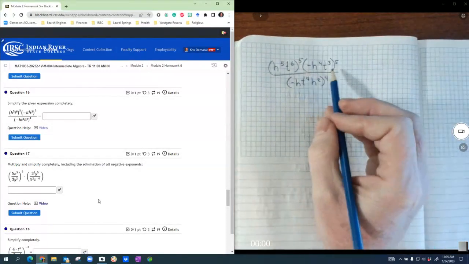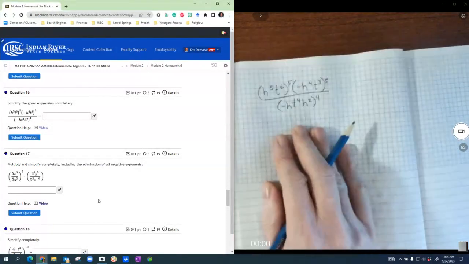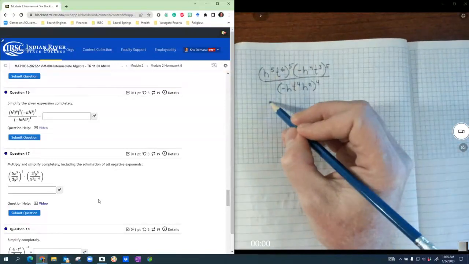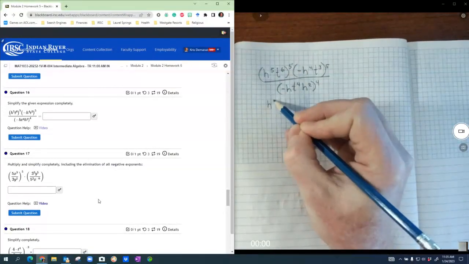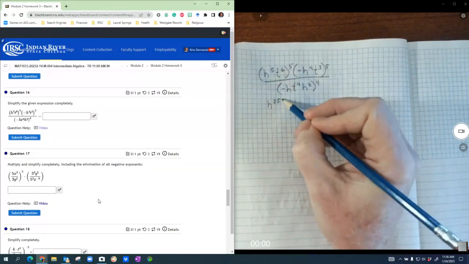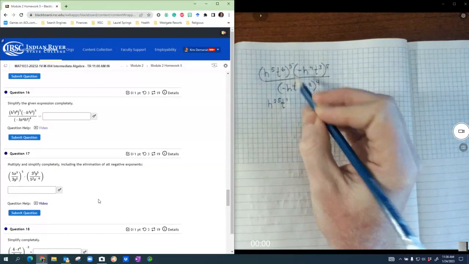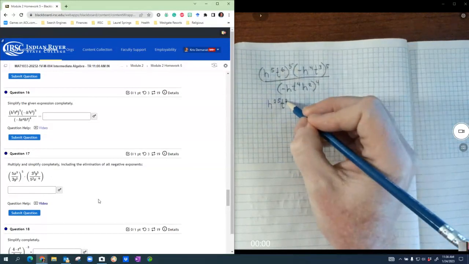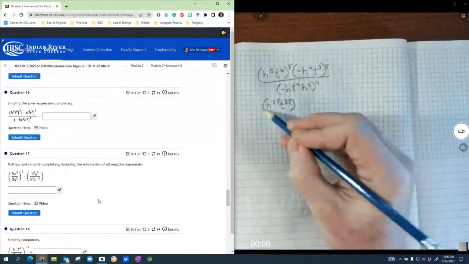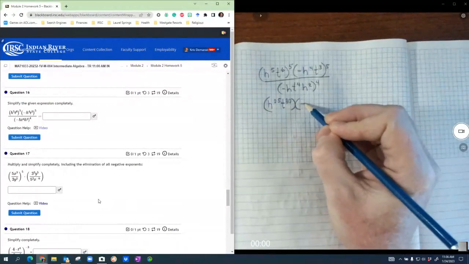So, first of all, let's clear off these exponential powers. So, that's 5 times 5 is h to the 25th. And then it's 6 times 2. 6 times 5 is 30. Then I have negative